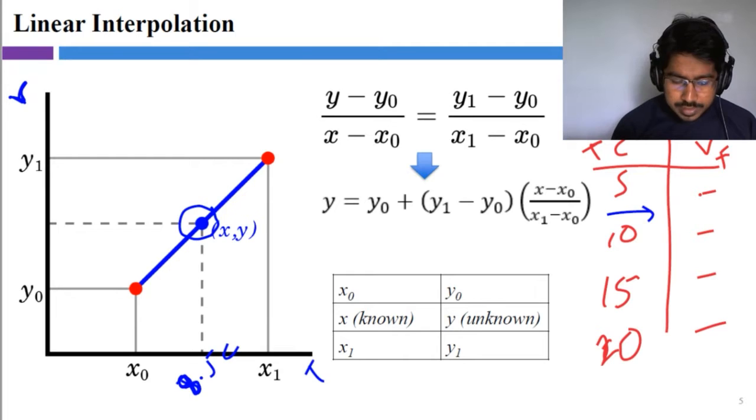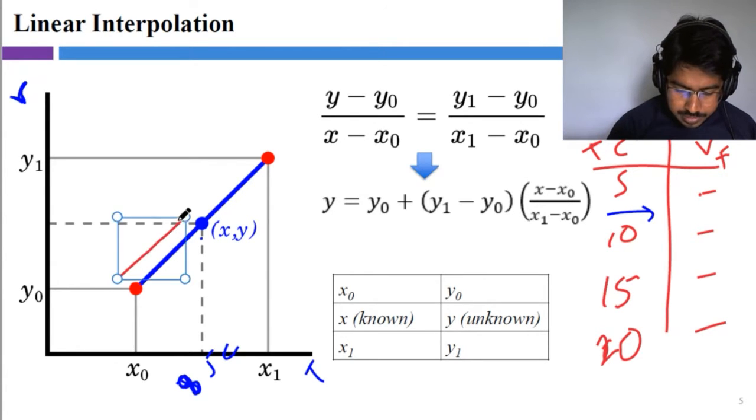So doing that, we can say the slope of this line segment is equal to the slope of this line segment,